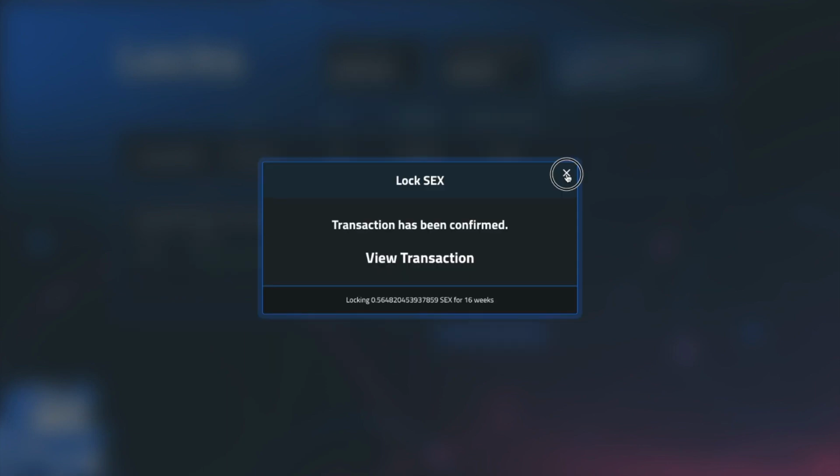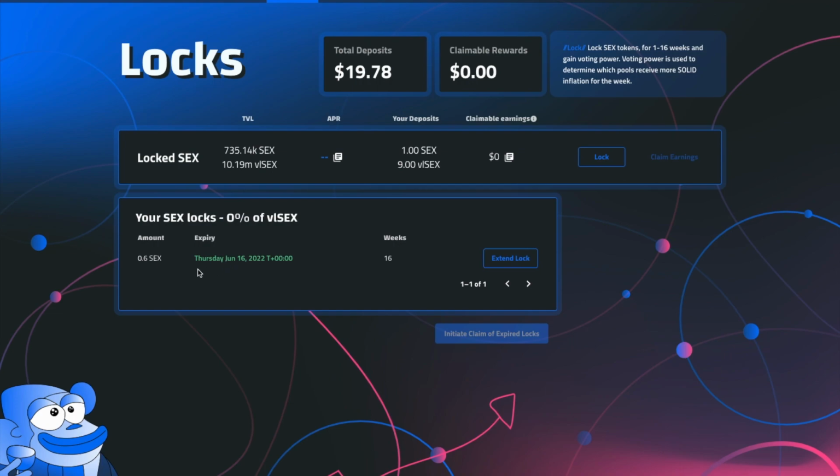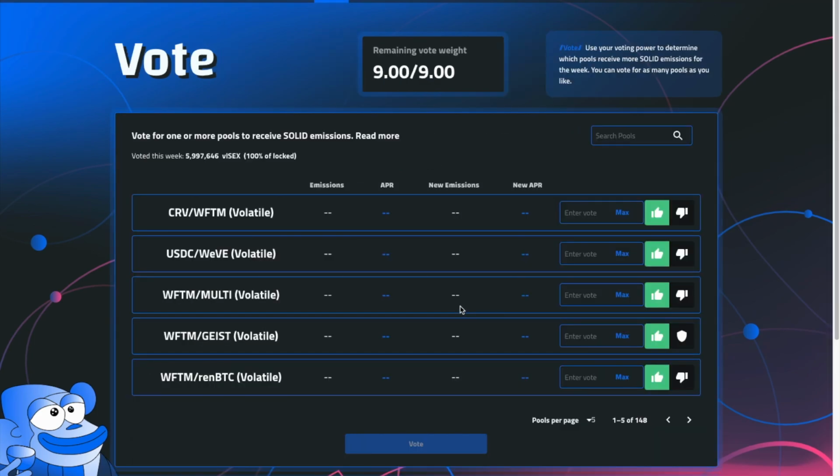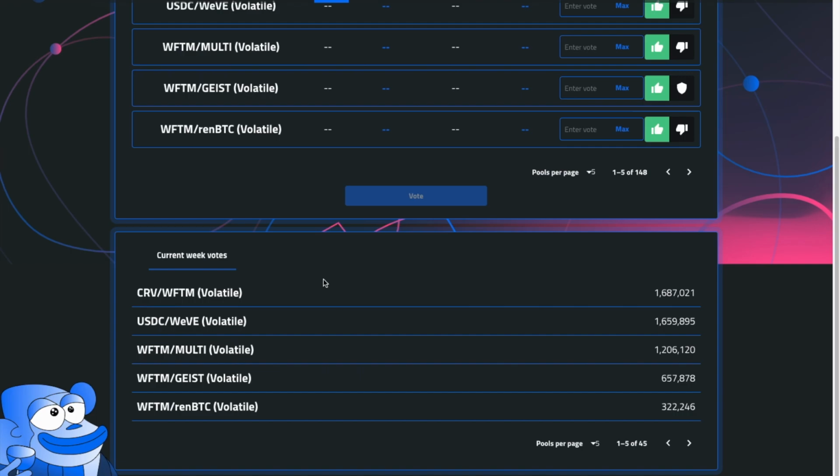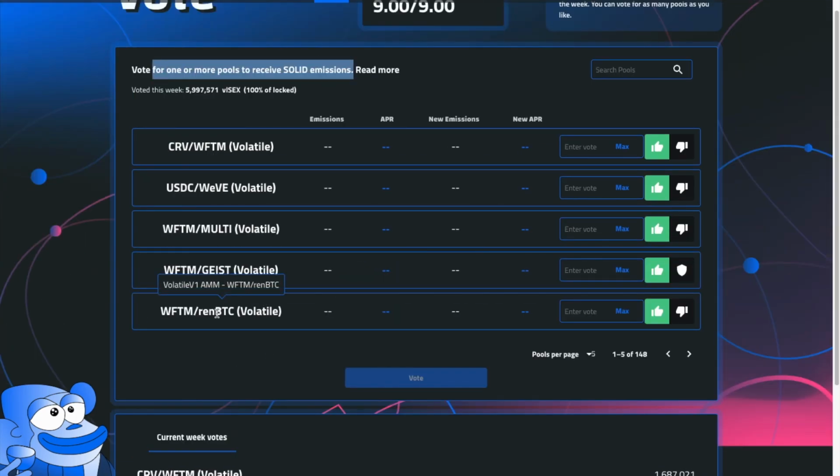Yeah, so my lock is confirmed. It shows me that it'll expire on 16th of June, and I probably can go and vote now. Right, let me vote for one or more pools to receive solid emissions. Okay, so the emissions is in solid. Doesn't seem like I might get it in ren BTC. Anyway, so I will vote for,